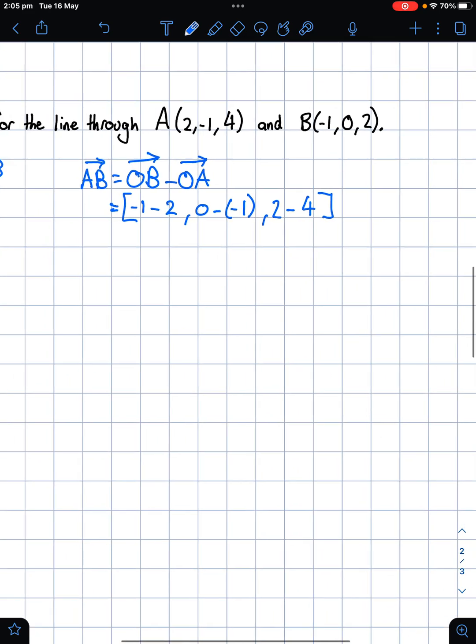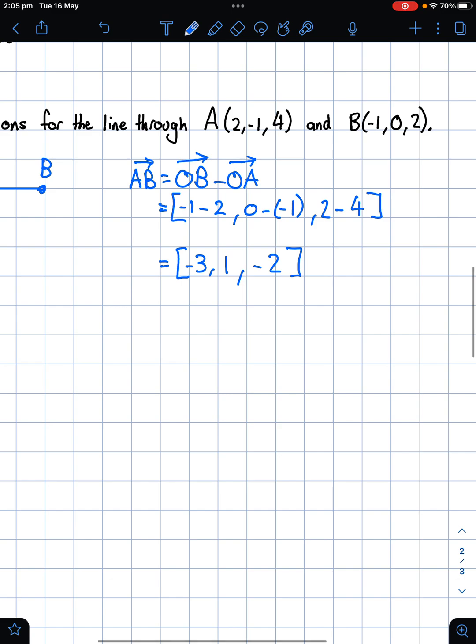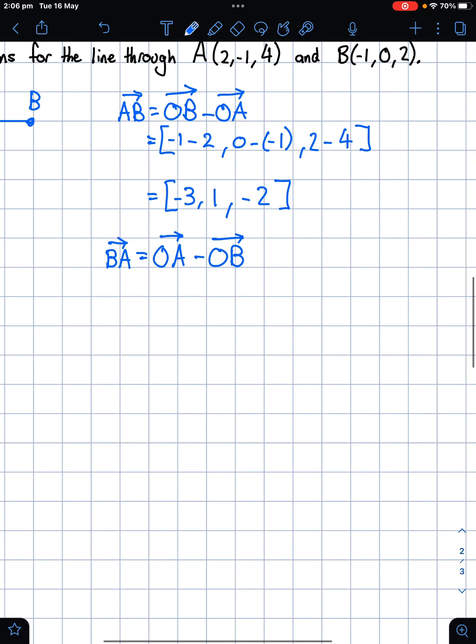So if we're going to go from A to B, we're going to go -3 plus 1, and then 2 take 4 is -2, and down by 2. Now, the thing is, the direction could also be B to A here. So these particular examples, B to A is going to give us OA minus OB, which would equal,